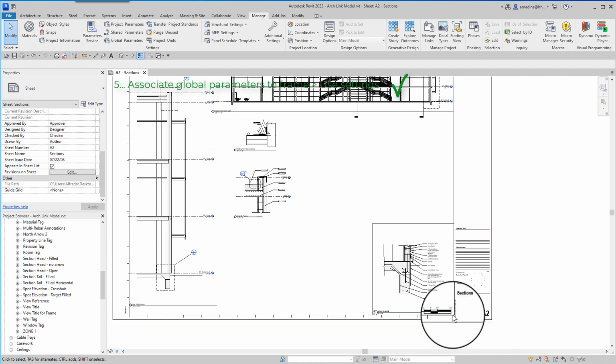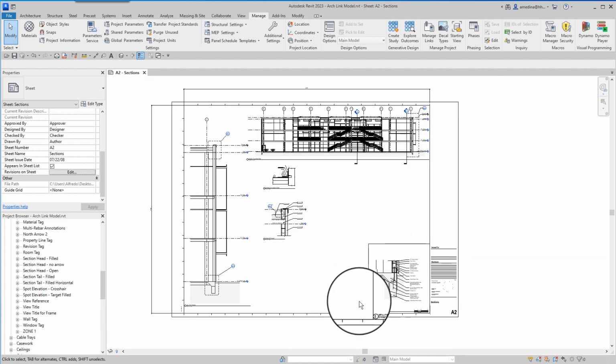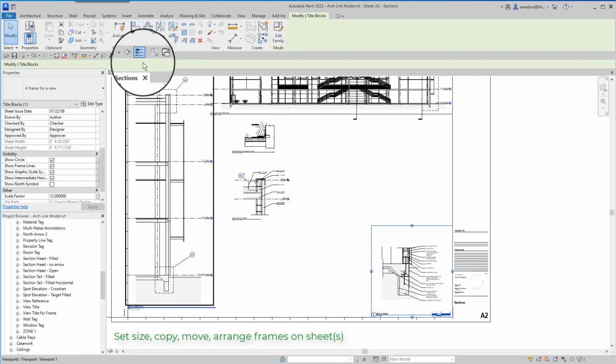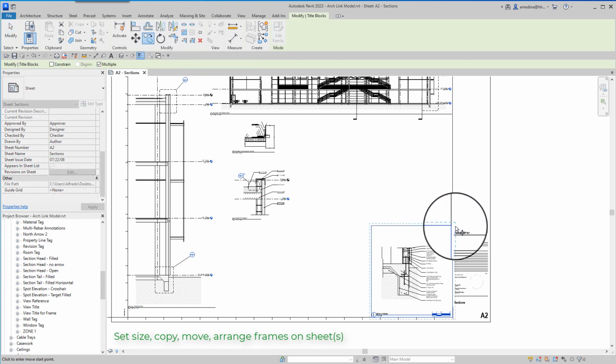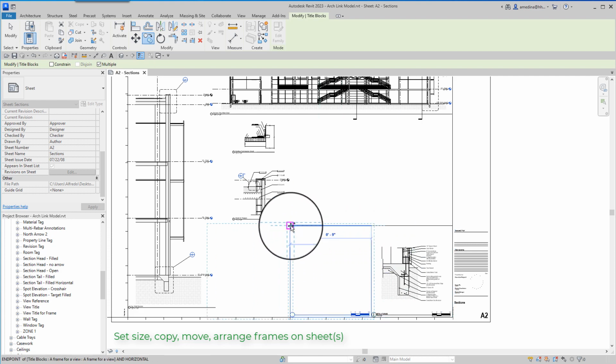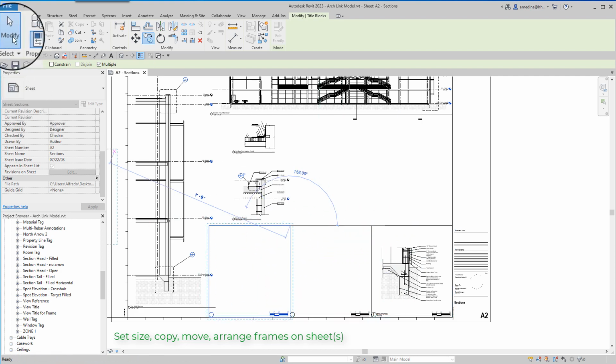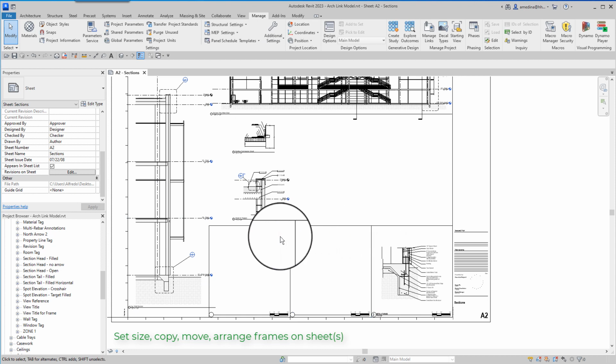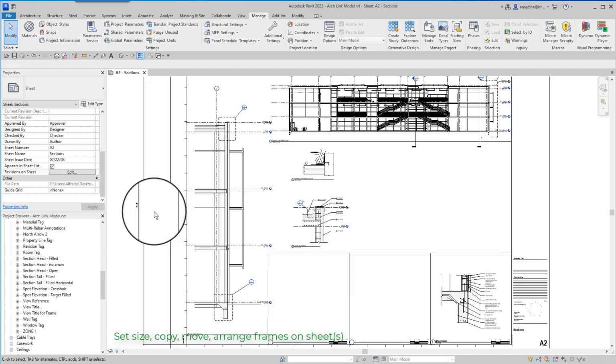And now that I have one frame, it's very easy to copy the frame on this sheet or copy it from one sheet to another. Like I can select these 3 frames and do copy from this sheet and paste on another sheet, etc.